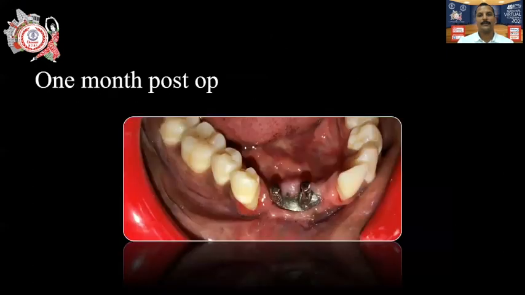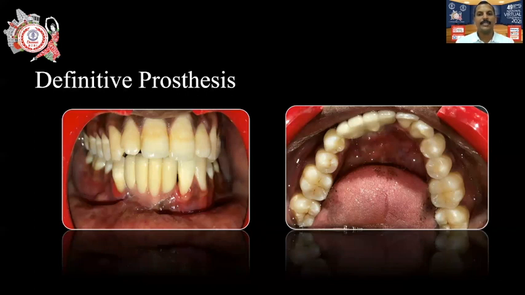Once we removed the provisional restoration, this was the situation, where we can see some amount of dehiscence. Even though there was approximation, a lot of movable mucosa was there, so we were able to get a union. We observed for about a month, and there was no further dehiscence; it was stable. So we made an impression and delivered the prosthesis. This is an FP3 kind of prosthesis, and the patient was really satisfied with the outcome.